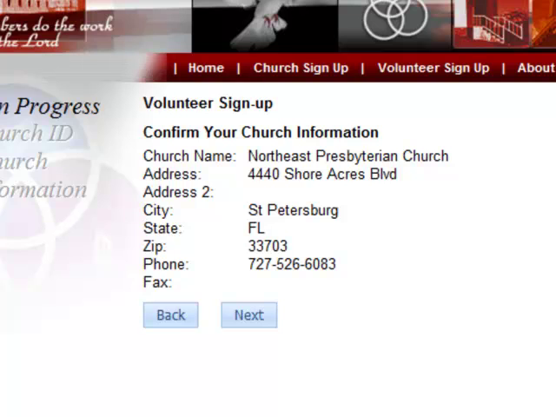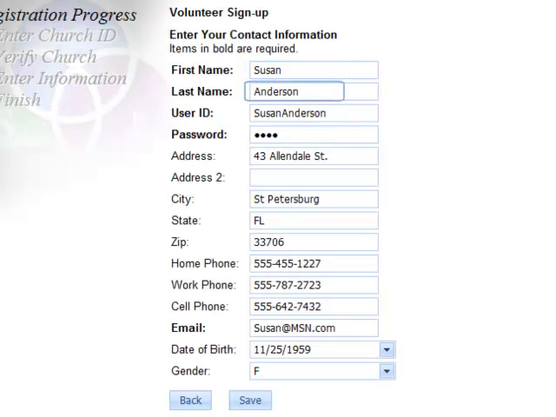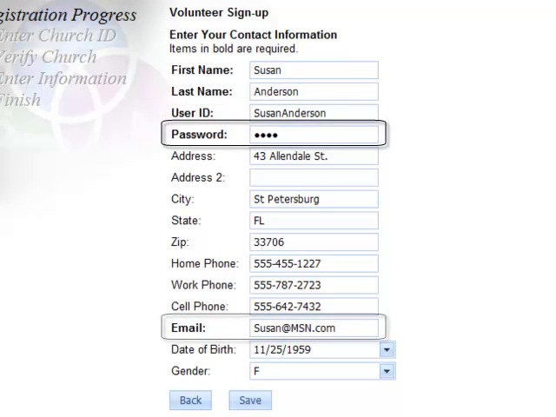Once you confirm that the church you've selected is correct, you'll be taken to a sign-up form to enter your first name, last name, user ID, password, address, city, state, zip, home phone number, work phone number, cell phone number, and your email address, also your date of birth and your gender. By the way, the only required fields on this form are first name, last name, user ID, password, and your